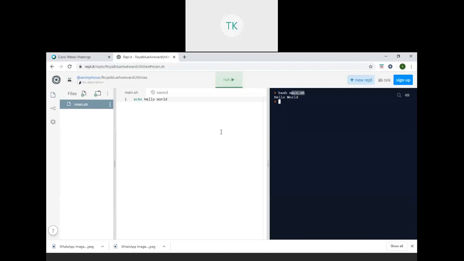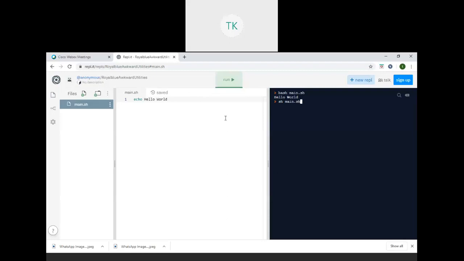Then on the right side we have a space where we can type a program, the shell script or C program. For a C program we need to select another editor. It is only for bash here, so we are typing the shell script. Then we can press run, or directly go here and type sh space main.sh.